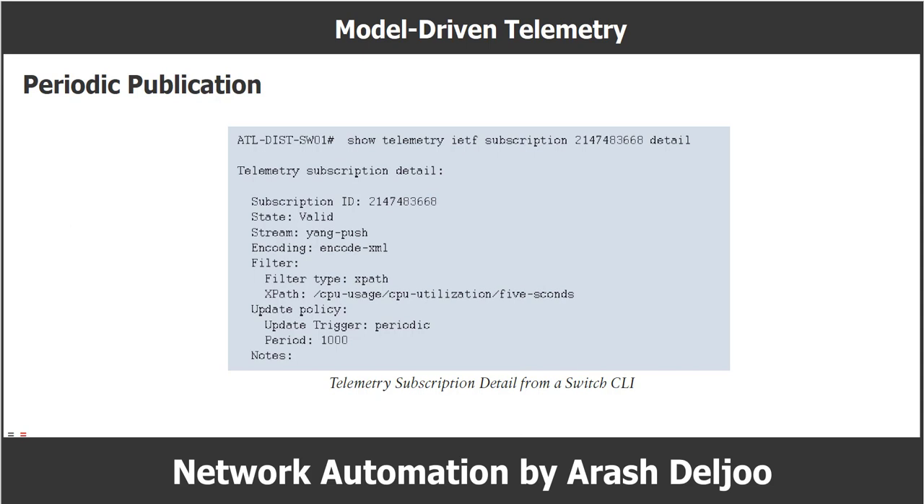device. This figure shows sample output from the show telemetry IETF subscription command using a period of 10 seconds. The period configuration in this figure is for time and is in a centisecond, okay, which is 1/100 of a